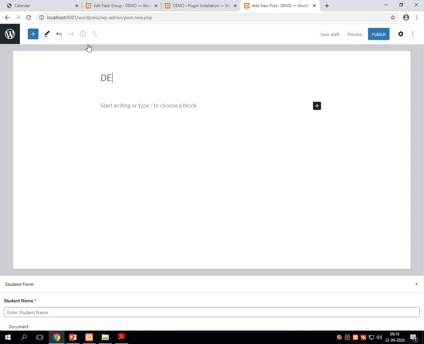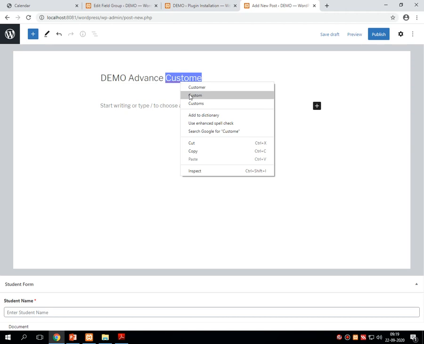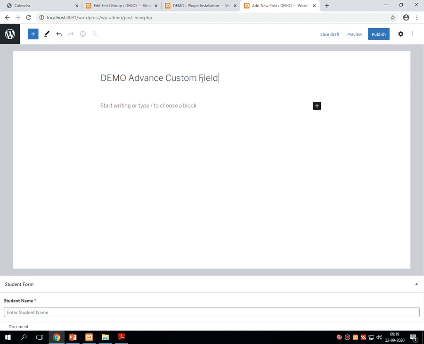For example, demo advance custom field, right? Now you just look after this thing. Automatically one field with text box is added where there is a content placeholder, enter student name in this form.